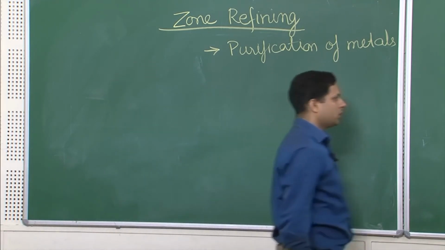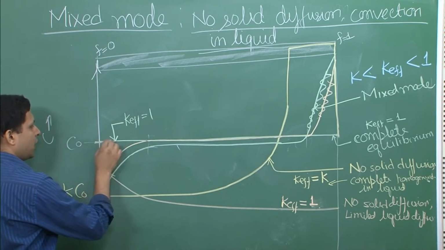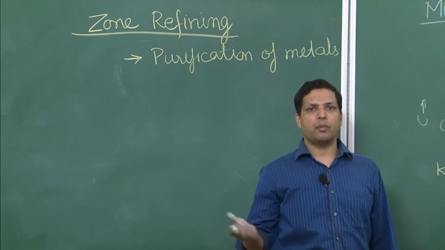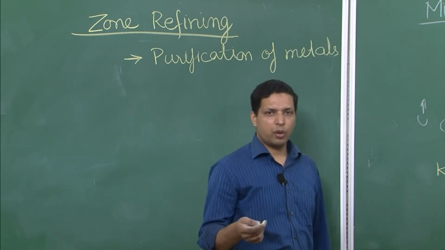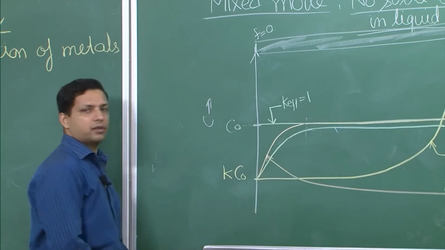For example, now let us take a look at this plot. This is the alloy composition C0. Let us say you are looking at copper with some amount of impurity, just 1% of impurity. That C0 represents that 1% of impurity. That could be several elements or maybe just one element. So for the sake of simplicity, let us say we are talking about 1% silicon. So this is the concentration of silicon, 1% silicon.